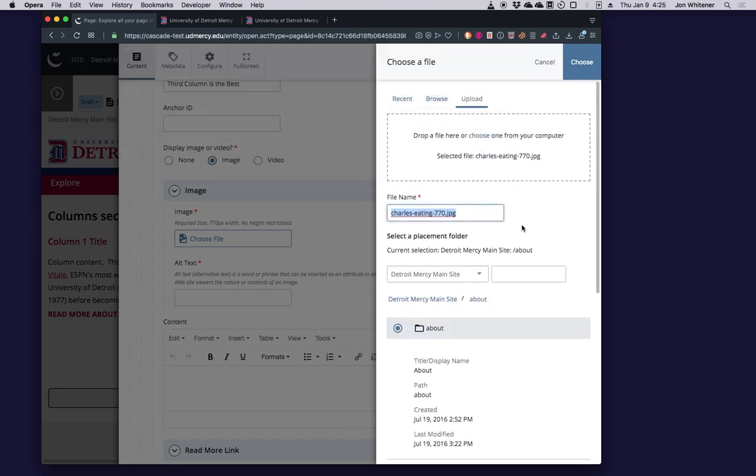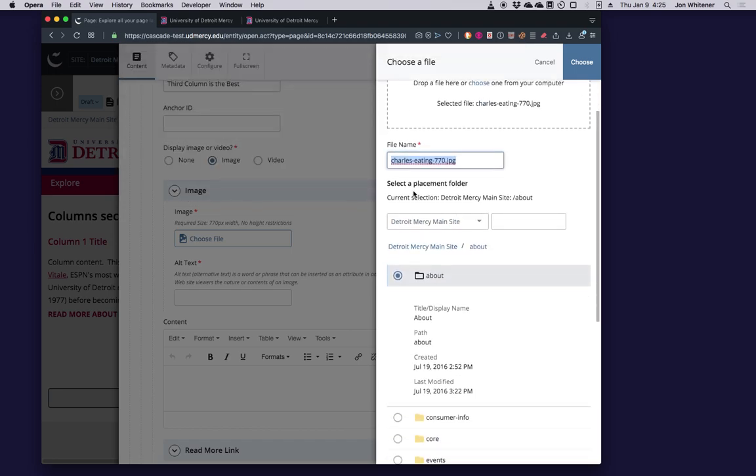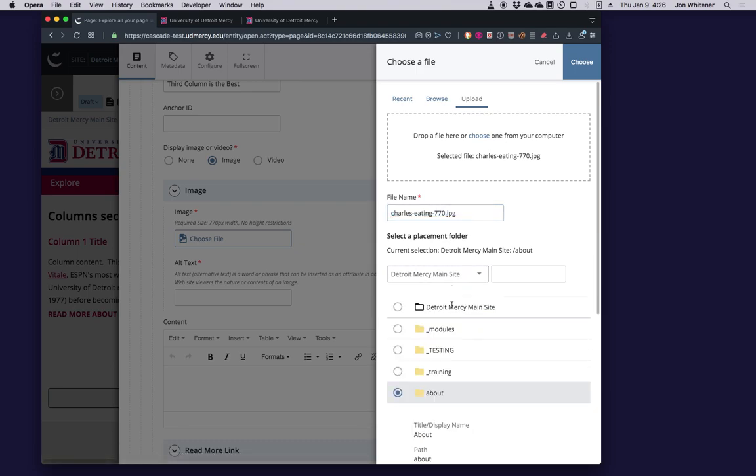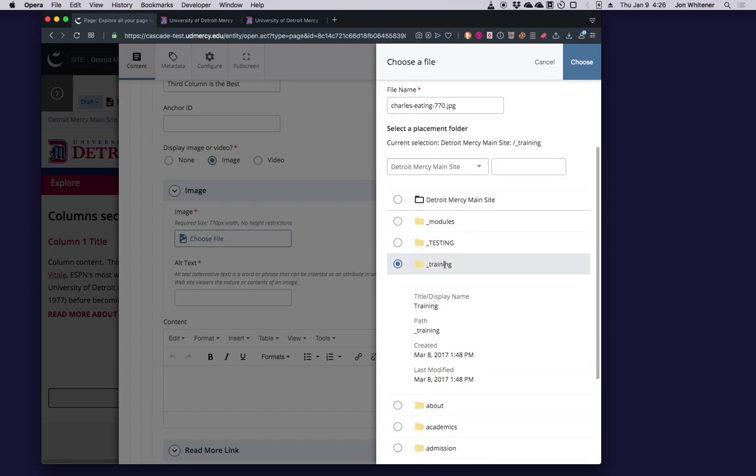I'll click it. It will even let me specify where I want to put this image, which is good because I don't want to put it where it's selected here. I want to go into the training folder. Oops.